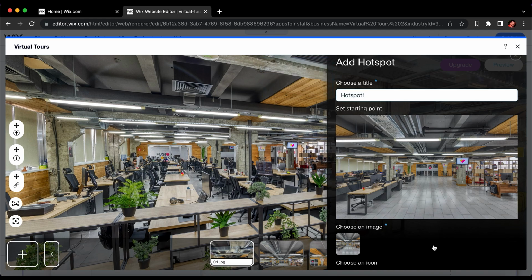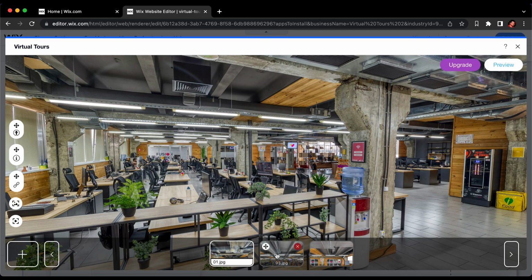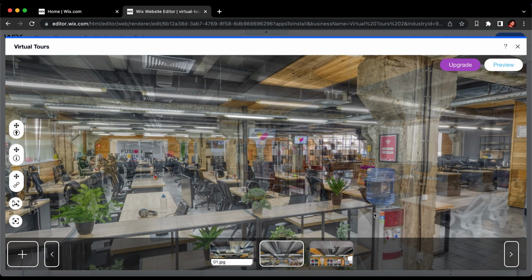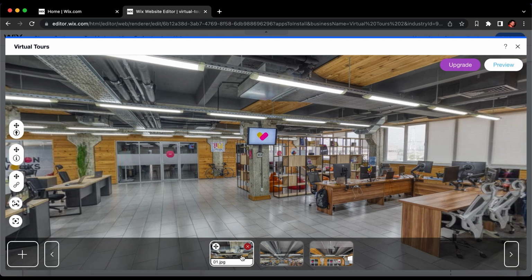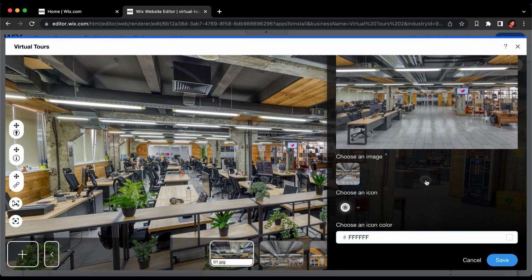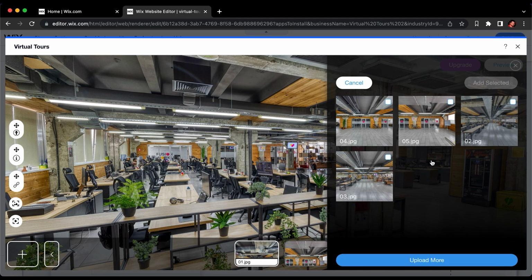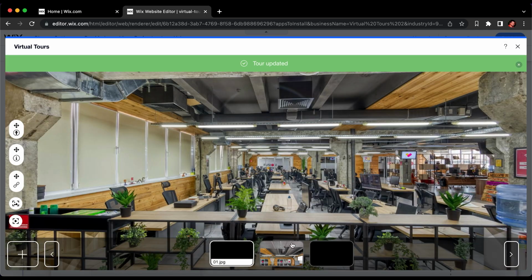Or what you can do is also, let's delete this one, drag and drop the picture from the bottom. Yeah, like this, you just go to it, but if you just drag it, it will instantly create the hotspot for that picture. Now, let's say you don't have the right picture here, so let's unlink this one. You will just click on plus here on the left and select a different one. For now, we just keep what we had, or you can upload more directly from this interface. All right,